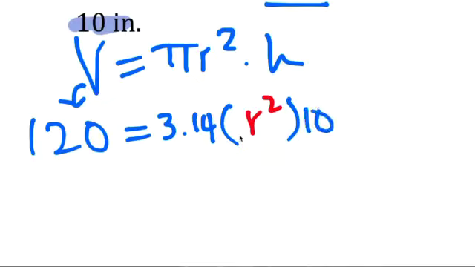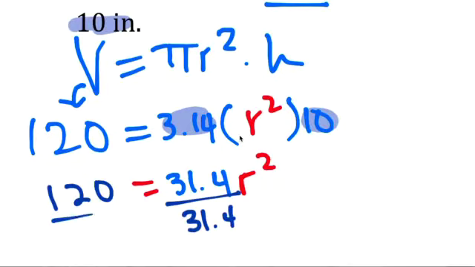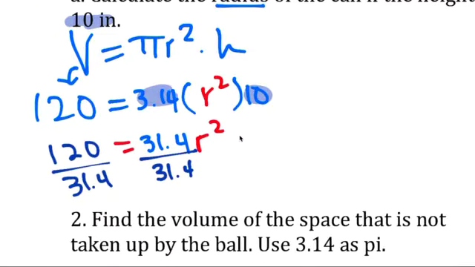We multiply these two together, you get 31.4, and then radius squared, and here is 120. Divide both sides by 31.4. We got radius squared equals